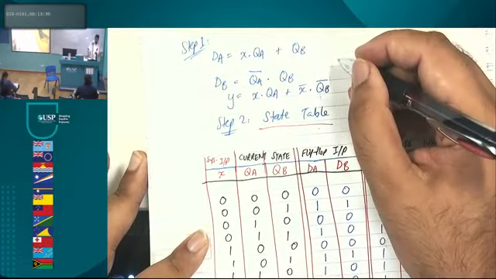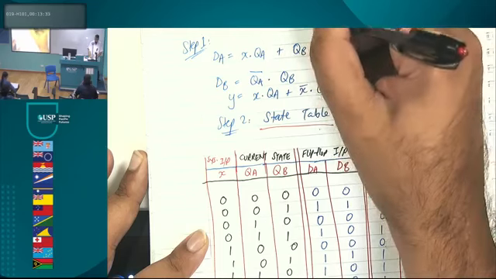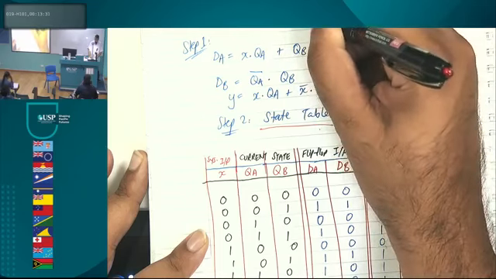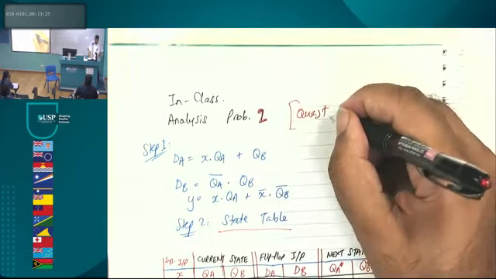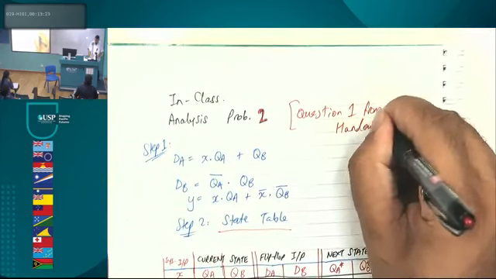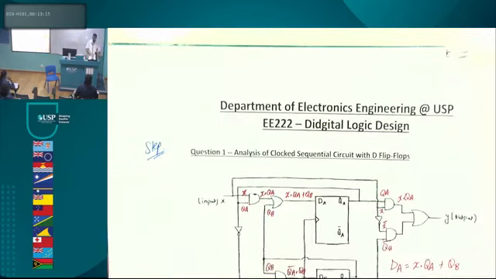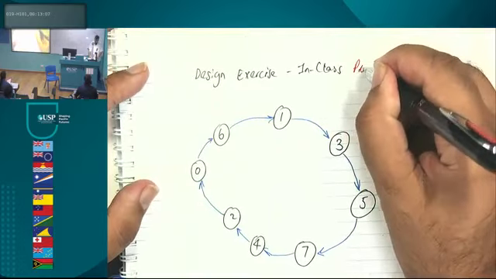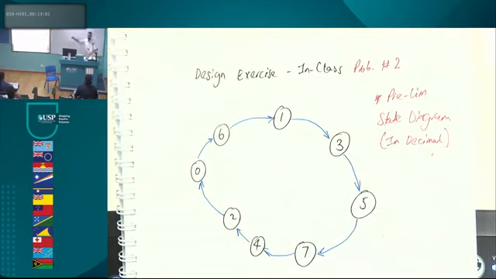Now, then we went through analysis problem number 2. Okay, it's actually in class analysis problem number 2, but it is question 1 from the handout. Question 1 from the handout. Yeah, remember that one? We did this one. Yeah, all right. Then we did, okay, then we came here. Then this is in class problem number 2. So we've done 1 analysis, 1 design. 1 analysis, 1 design. And this is